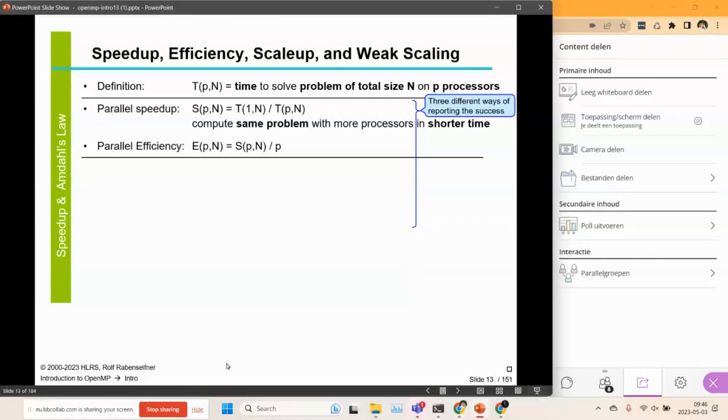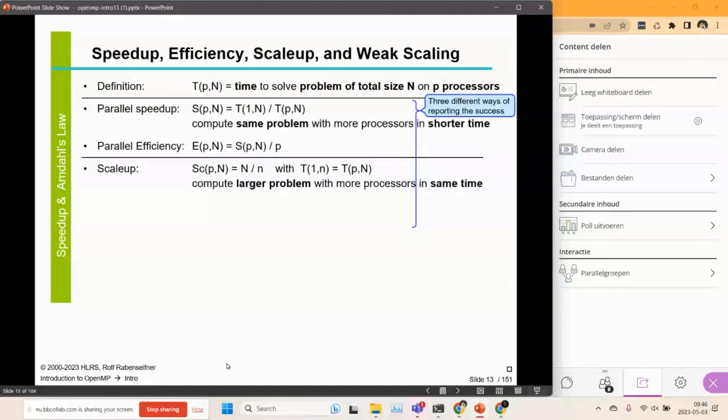Okay, so typically, suppose you're preparing for a tier 1 benchmark, please use parallel efficiency, don't use speedup. The allocation board will start nagging if you use speedups. They will say, okay, we don't care about speedups, we want parallel efficiency. All right, so scale up, actually there are two